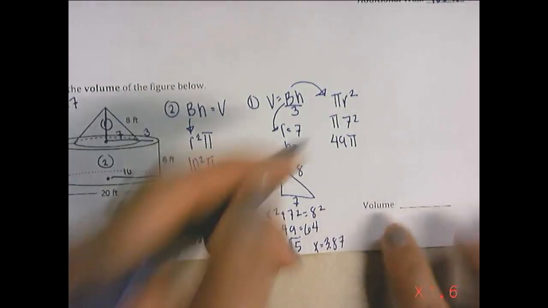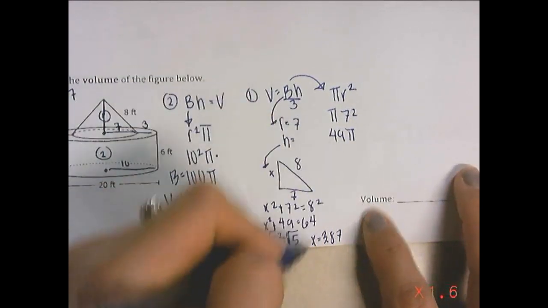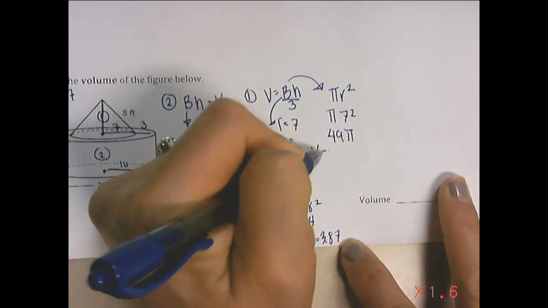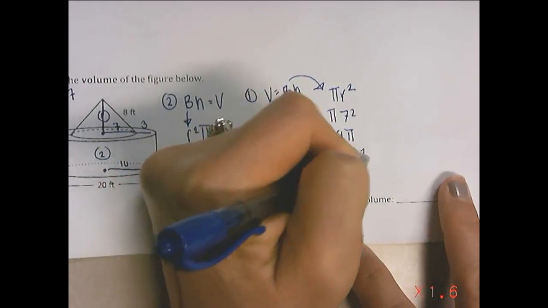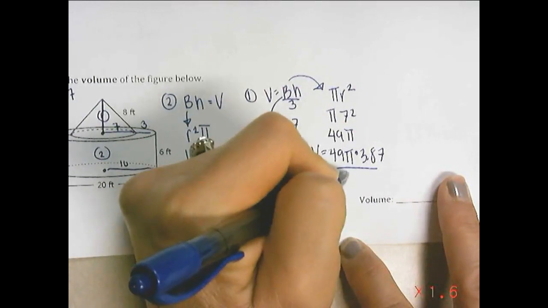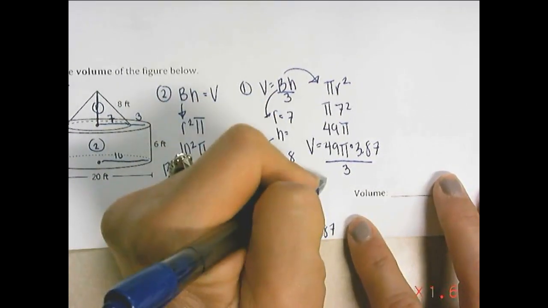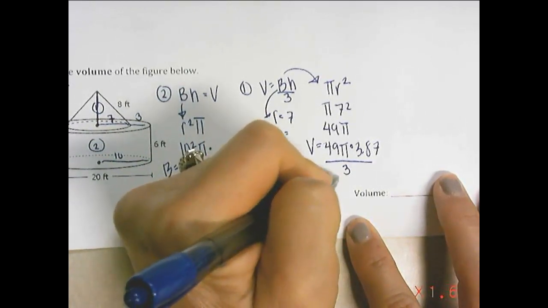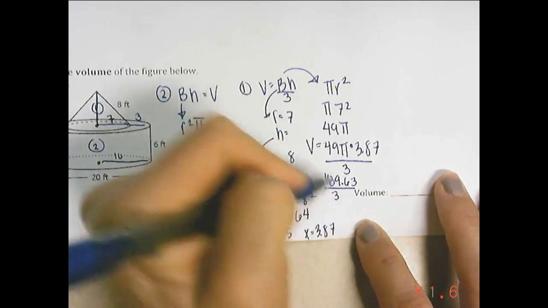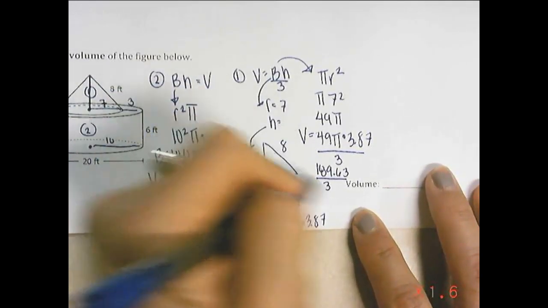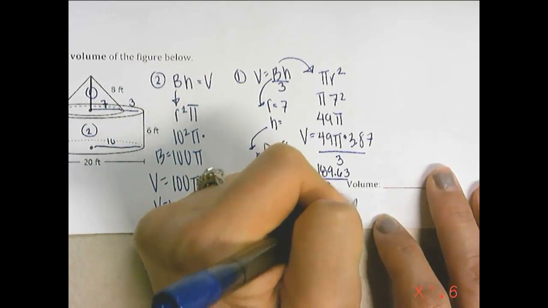All right, and now I get to multiply 49 pi by, for my volume, 49 pi times 3.87. And then I'm going to divide by 3. That is going to give me 189.63 divided by 3. All right, my volume will be 63.21 pi,